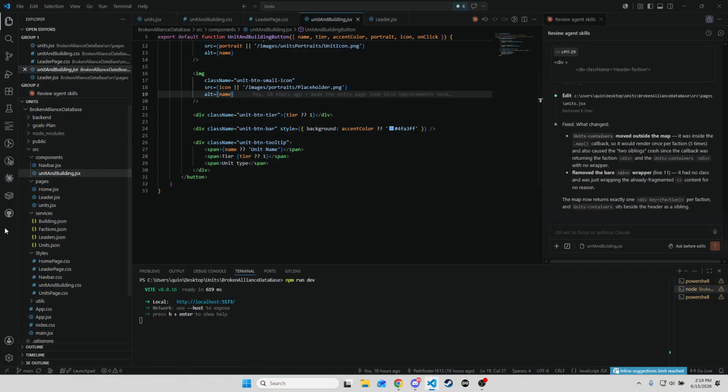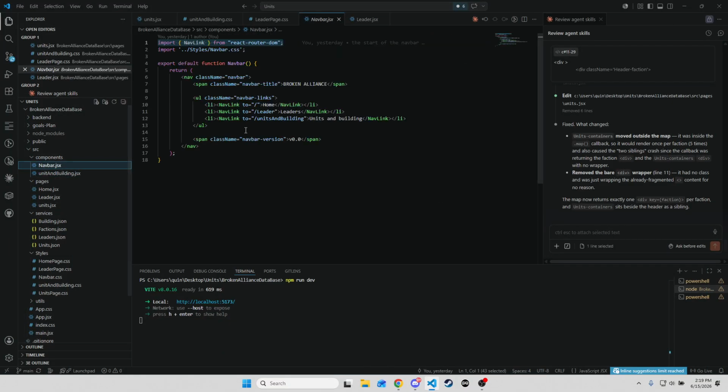So yeah, pretty good. The nav bar, self-explanatory, uses React Router, I believe it was. React Router DOM. React Router, essentially. Yeah, that's what we got so far. Can't wait to move on to the skill tree thing. We're going to have a skill tree page. And then I'm probably